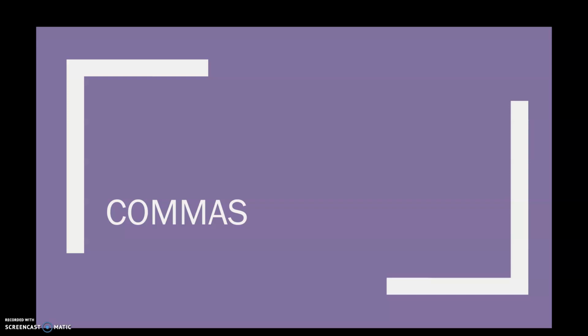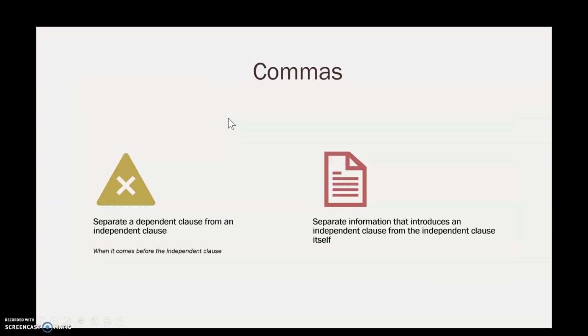So now we're going to talk a little bit more about these pesky little punctuation marks and some of the things that they do. One of the things that commas do is separate a dependent clause from an independent clause when it comes before the independent clause. Another way of looking at it is that the comma separates information that introduces the main, primary independent clause from the independent clause itself. An example might be, if you're going to use a comma,